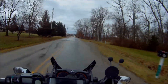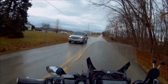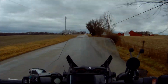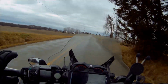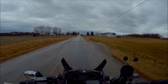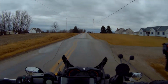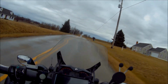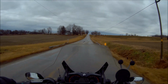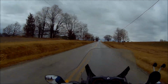So sometimes I might follow a little close, if someone's giving me that sensation that they're just going to pull in front of me and it's going to be bad. But I know that I can, because I have a Can-Am Spyder that has anti-lock brakes and has stability control. So if I have to maneuver quickly or get on the brakes crazy hard, I know this thing's going to stop on a dime. So with me knowing that,